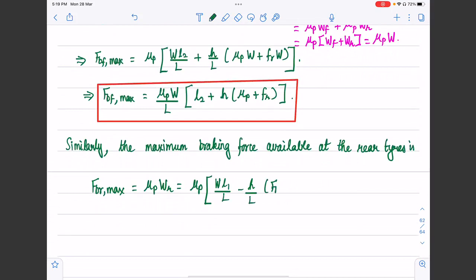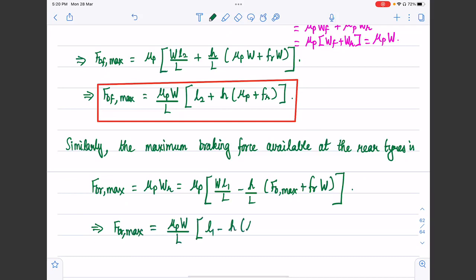Of course, we should write FB max here plus FRW. Okay, so just substituting for FB max as mu P times W and simplifying it will immediately give us FBR max, similar to what we got previously for the front wheels. For the rear wheels, it's going to be mu P W by L times L1 minus H